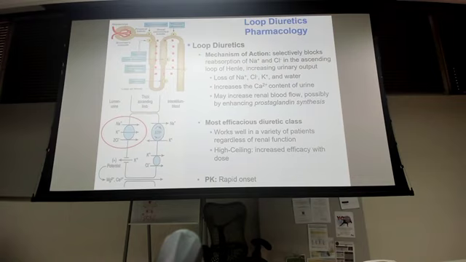High ceiling diuretic, the more you give, the more it's going to take. The higher you go, the more electrolytes and fluid, i.e. water, is coming out in the urine. Loops, hypo anything, right? If you see hypokalemia, hypocalcemia, loops have to be, now there's some other medications we've talked about, but definitely you need to think about a loop,